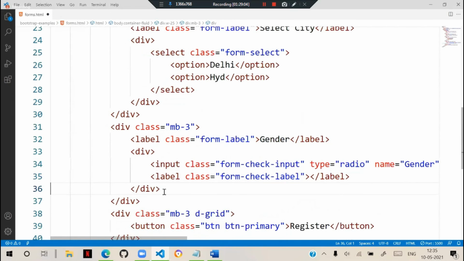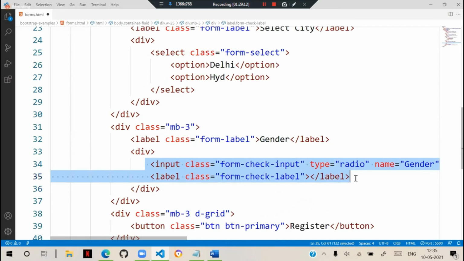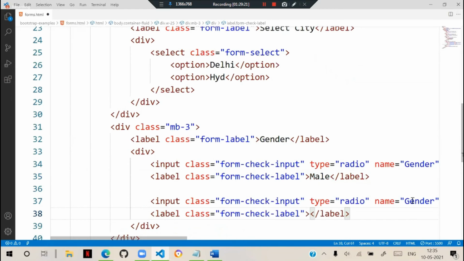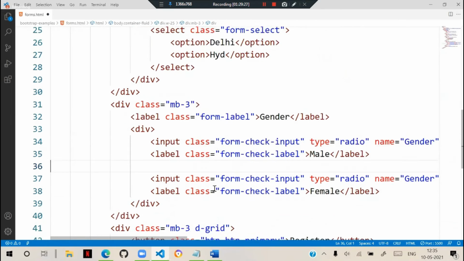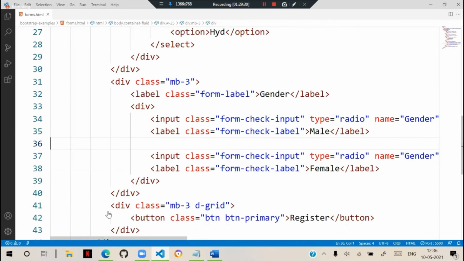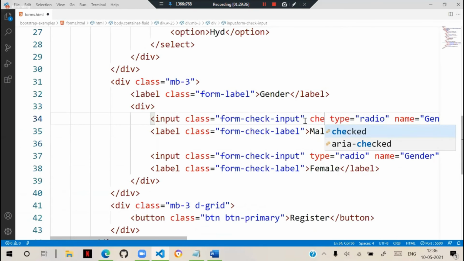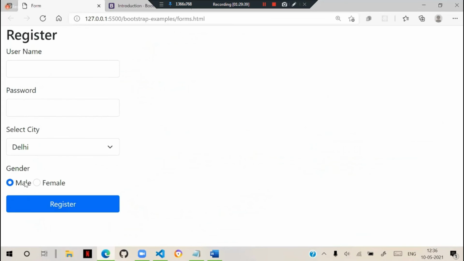This is one option. Similarly, I have to define another. You can put it beside or below. This one is saying male, and another one is female. That's the option. Usually this will give the radio buttons like this. And you know that one option you can keep as checked, so by default it will be checked. It gives a good appearance for radio buttons. So that is the radio button appearance.